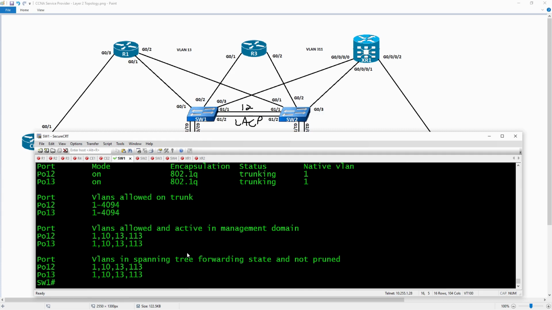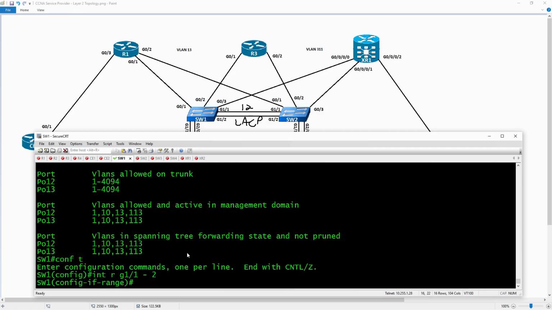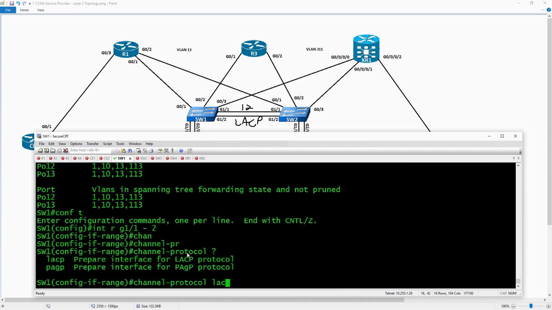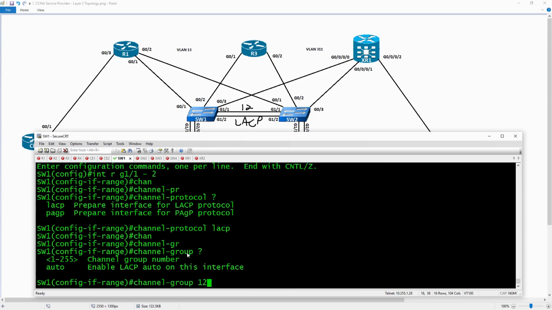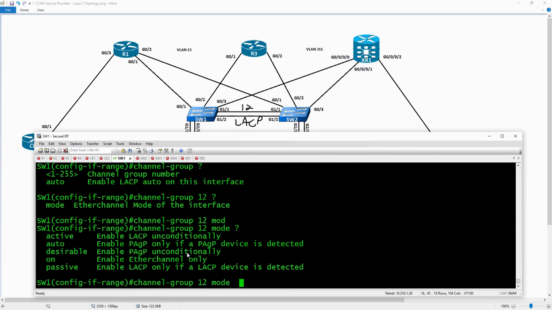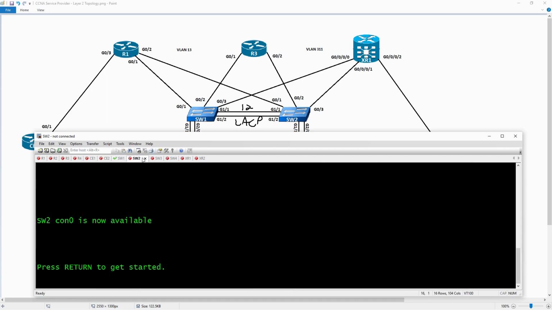So what I'll do is I'll walk you through the syntax and show you what this does. We're going to go to global config and type in interface range gig 1/1 through 2. Here we're going to type in the channel protocol is going to be LACP. And then, I'm sorry, you type in the channel group will be 12, and we're going to say the mode will be, on the switch 1 side, active. And then on the switch 2 side,